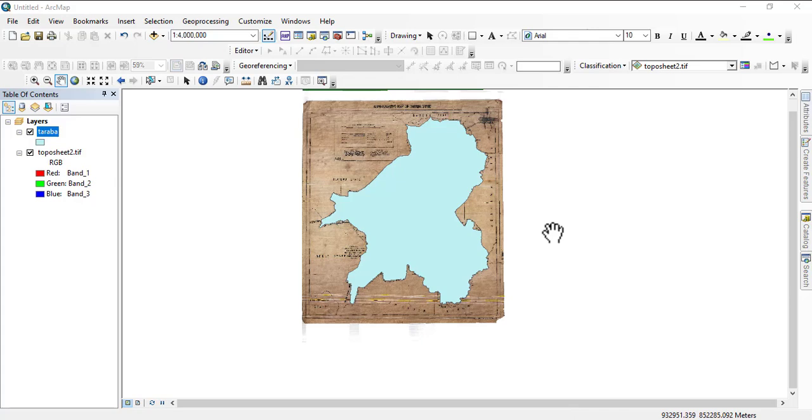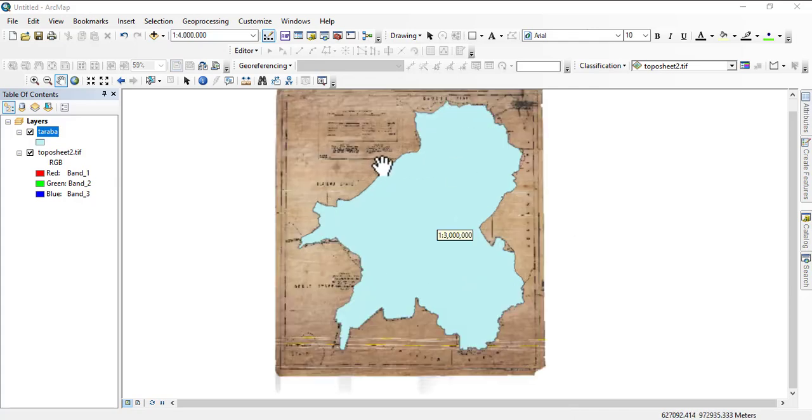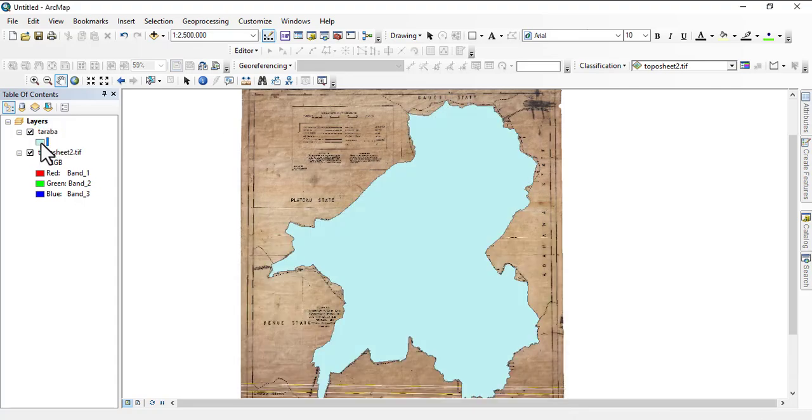From the last class, we were able to digitize this. We completed the georeferencing class, am I right? And we did this digitization. So please watch the last video if you've not been able to do this. Watch the last video and complete this task because it is very important that you complete every exercise. Okay? So for us to continue further,